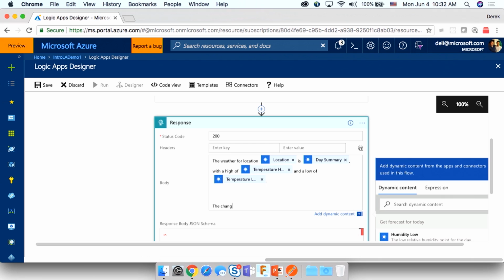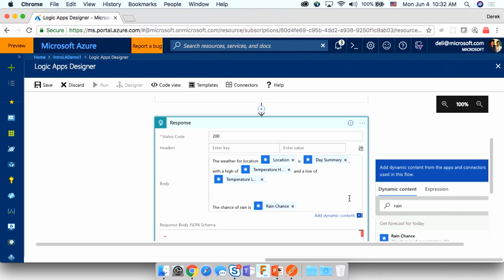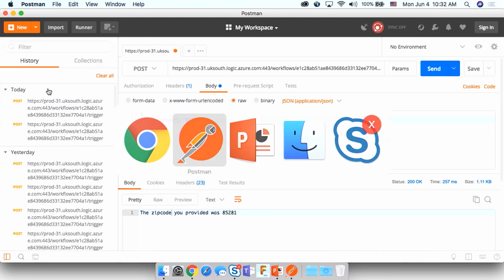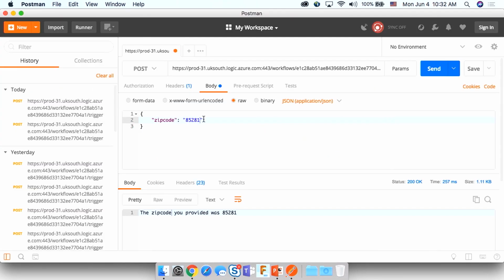Let's keep adding to it. Let's say the chance of rain is, I think there is another token that I can use to reference the likelihood of it raining. All right, so let me save the Logic App and switch back to Postman.